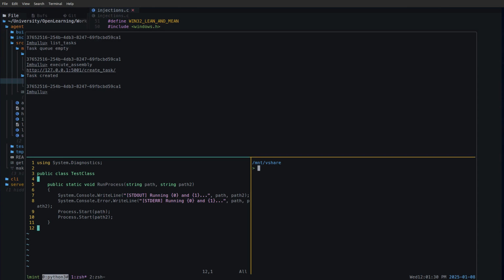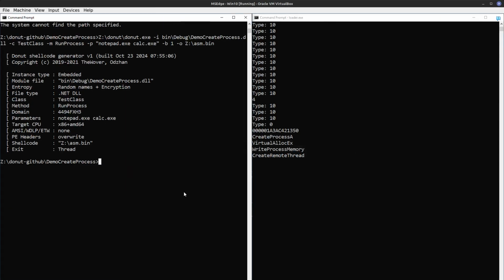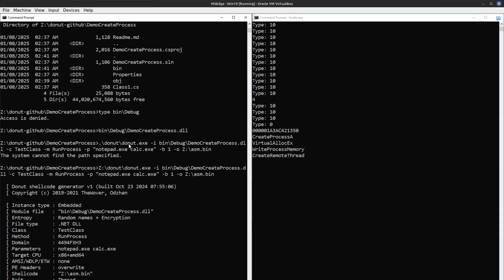So in this case, we will use this demo program that Donut developers provide for us. It's a simple program. It just takes two paths. Those are executable names. In our case, it just prints their names and then it just runs them. Well, if you go to how we compiled it, we just